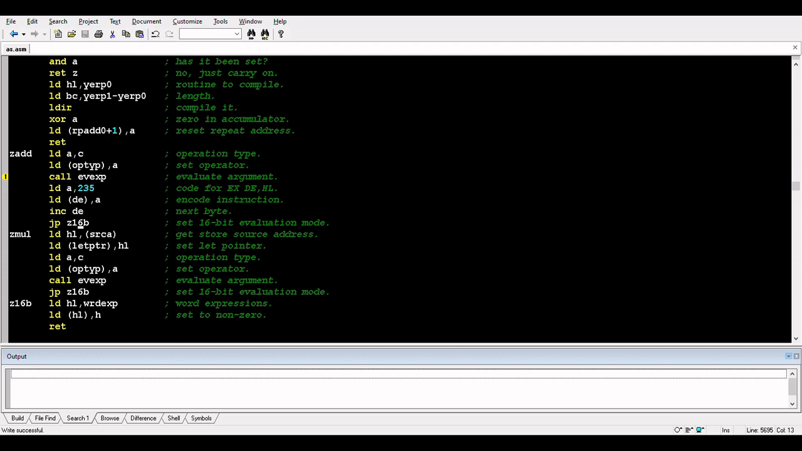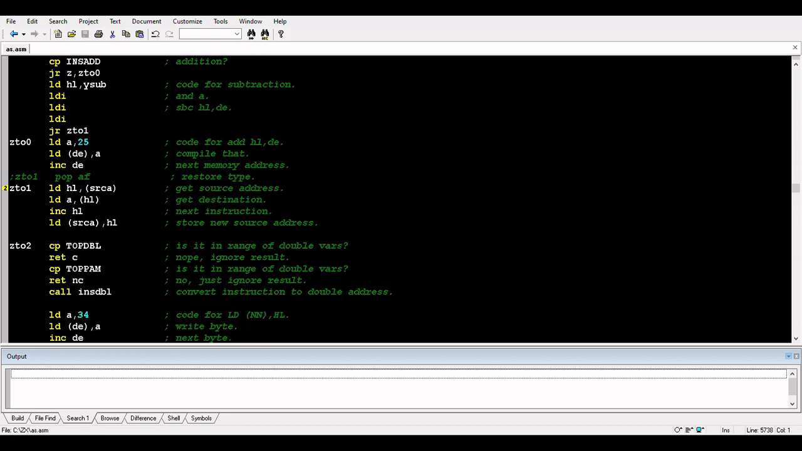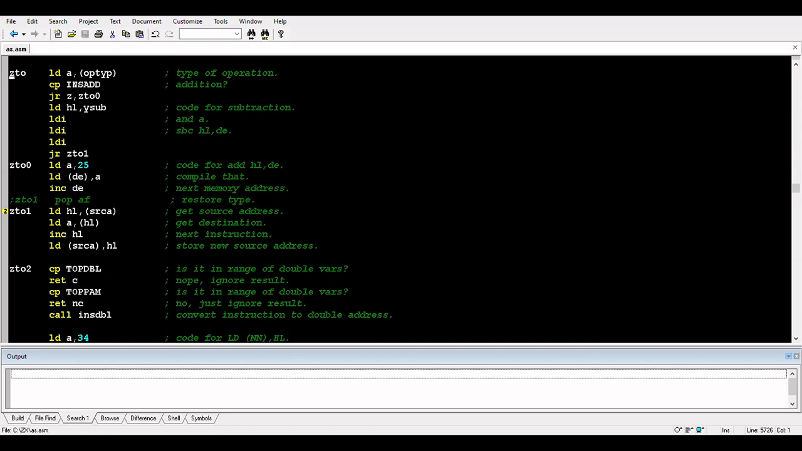The next bit of code it encounters is the to instruction, and this is what we were doing. We were then taking the operation type, determining whether it was an addition or a subtraction, and doing the relevant code. So at this point it realized it was an addition, and it was jumping into here. The code for add HL to DE is the next bit of code that we were generating, and then it was putting the code back in to the destination